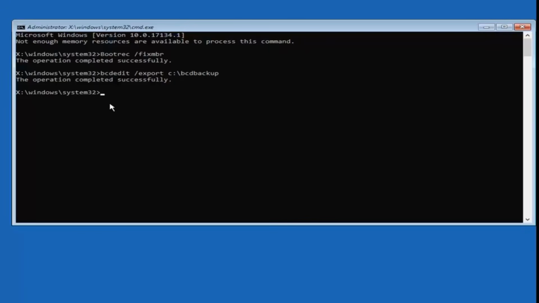Just want to make sure it has Windows on it. So it should say the operation completed successfully if you did that properly. And now you want to type in ATT